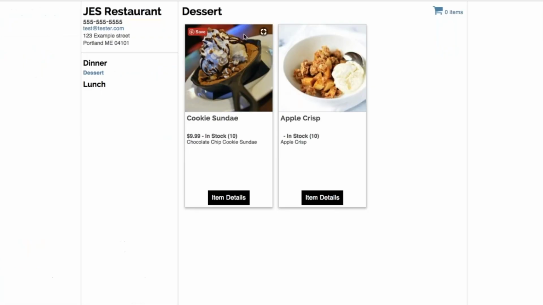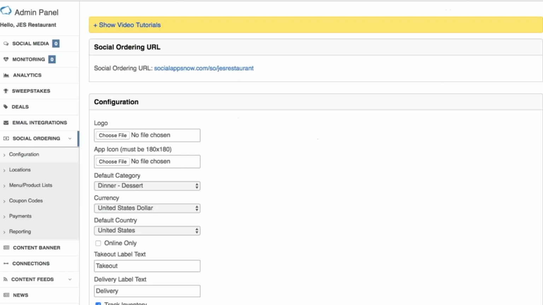So you'll see when we click on that, this is my example landing page here. So I'm going to begin to show you how to customize this to your liking, as well as some other customization features that are going to be important when people are placing orders with your business. So to get started, you'll want to click on the social ordering dropdown and click on the configuration button